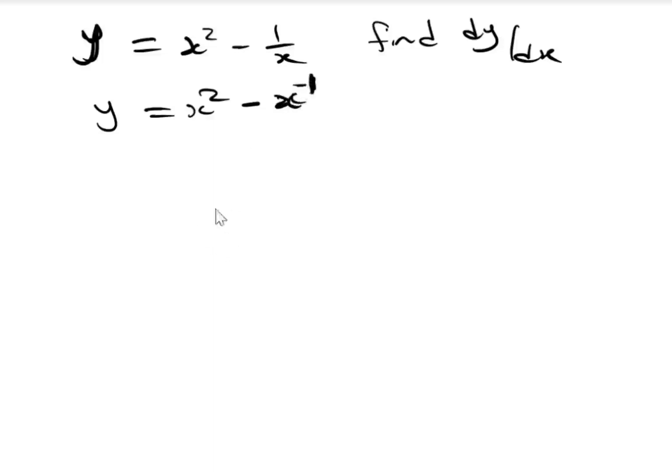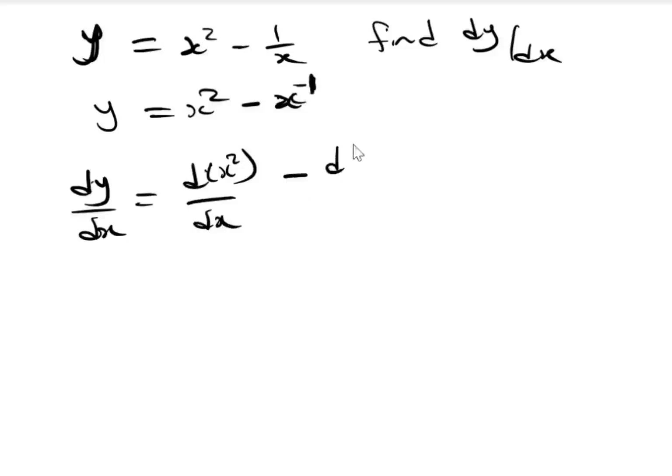So in this case, it will be easier for us to find dy dx. Dy dx is the same thing as we differentiate each of them singly, which is dx squared dx minus d minus 1